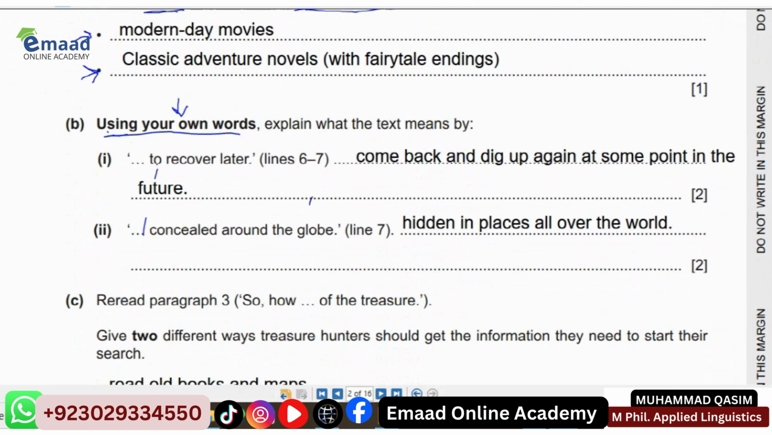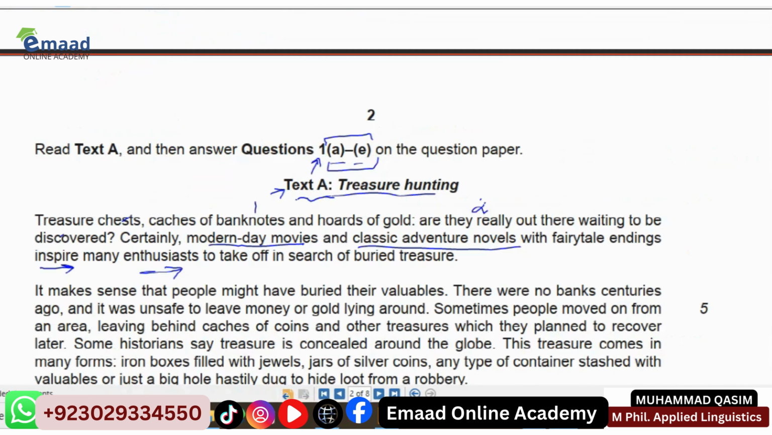Here the first phrase they have added, to recover later. Now there are 2 things, recover and later. There are 2 strands of this first part. That's why there are 2 marks. If you write the correct meaning for one word in this phrase, you will only get 1 mark and not for the other. So recover in this context, let's reach back to the text where the word was used,